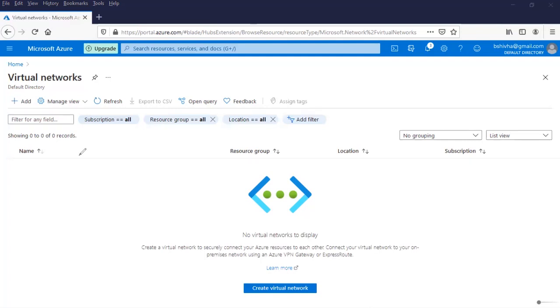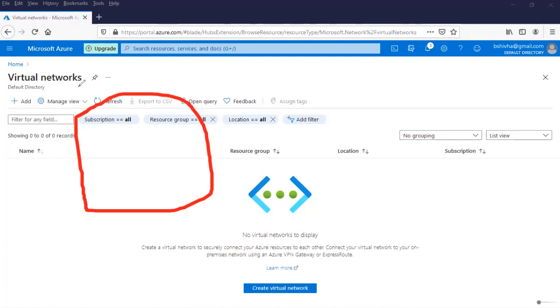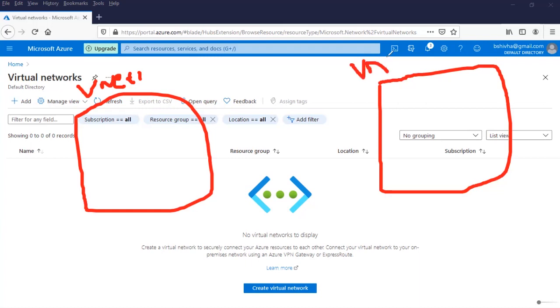We are going to implement one VNet in one location, we can name it VNet 1, and in another location, I'm going to implement another VNet, say VNet 2. This is location 1, this is location 2.